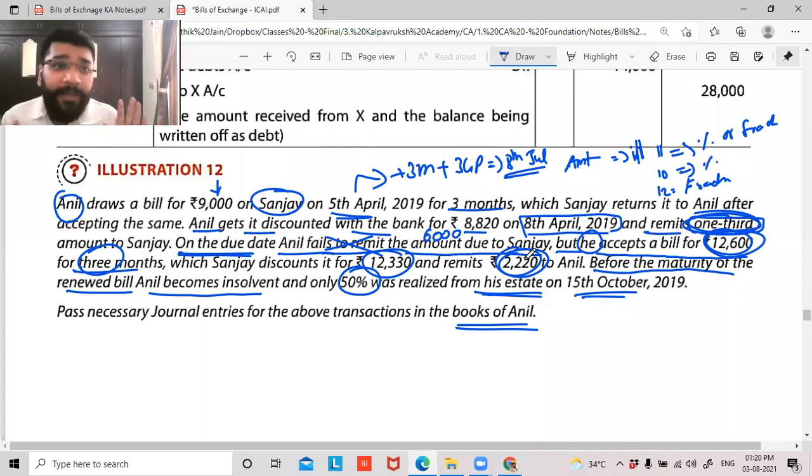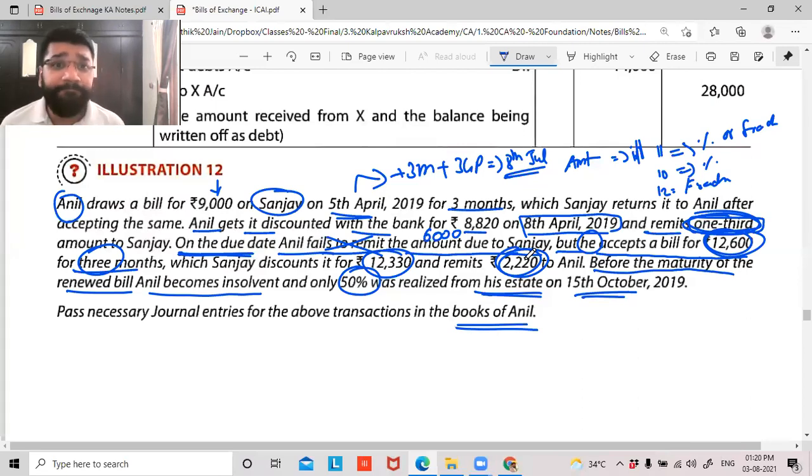Now what will happen next is, if you have any doubts in illustration number 12, illustration 10, or the exercise questions, that alone I will do a video. If you have no doubts, I'll not record any further videos. So please go through the remaining exercise questions. It is pretty much simple. Based on the concepts you have worked out in regular classes only, the exercise questions have been given. So guys, homework is illustration 10 completely in books of X and books of Y, illustration 12 in books of Sanjay, and exercise questions. If you have any doubts, only then I will record videos for that part. Otherwise, technically the accommodation of bills concept is completed from my side.